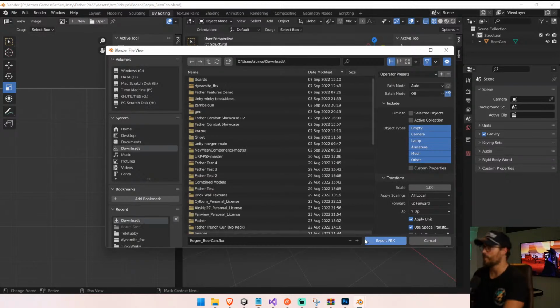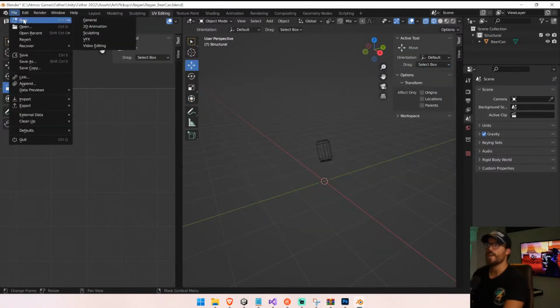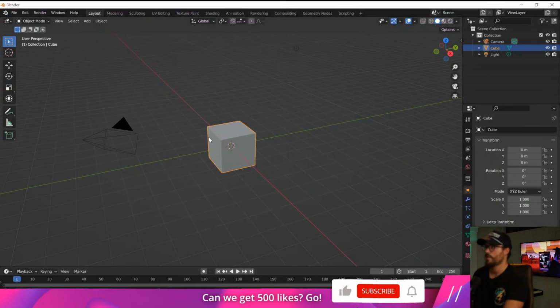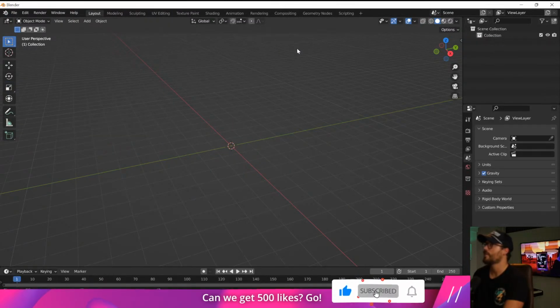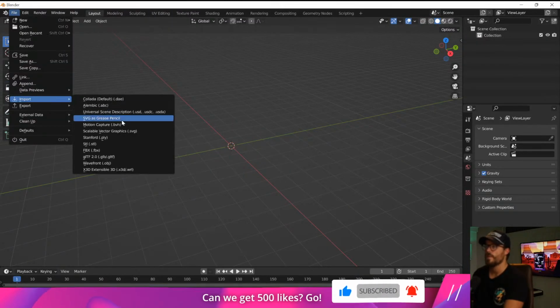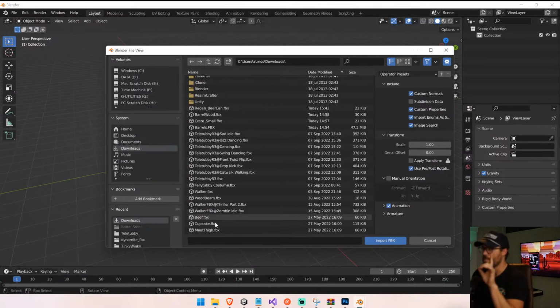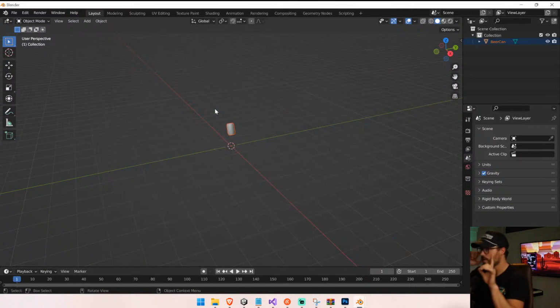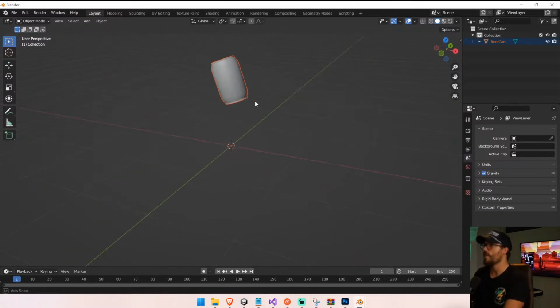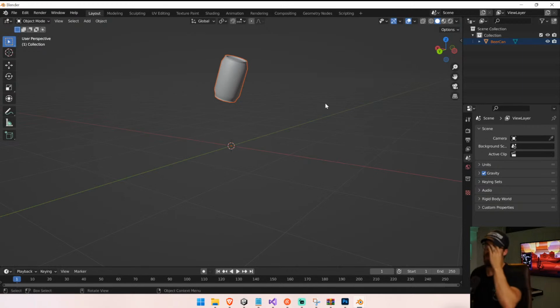Put it in my downloads folder. And we're going to create a new blend file. I'm going to import that one, which is beer. There we go. Don't get me wrong, I love beer, so we're going to keep it, but we also want